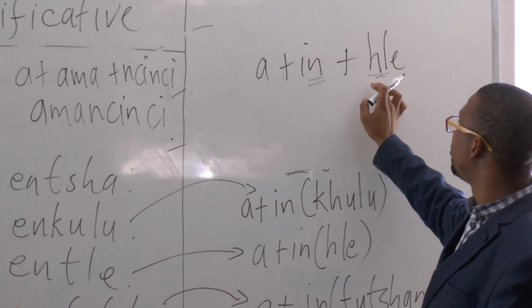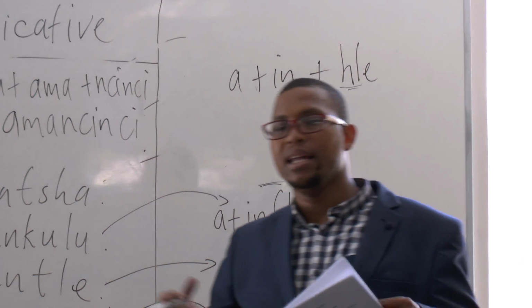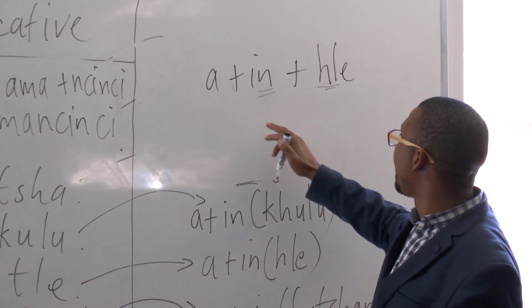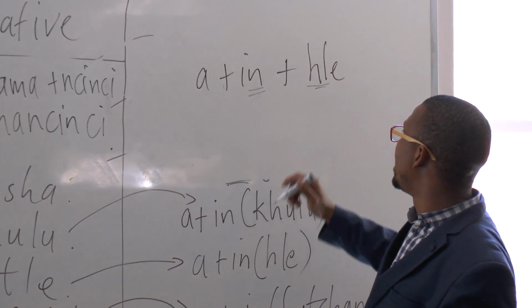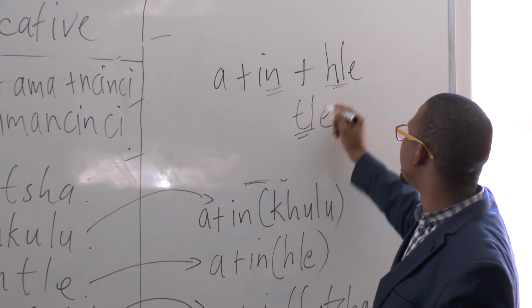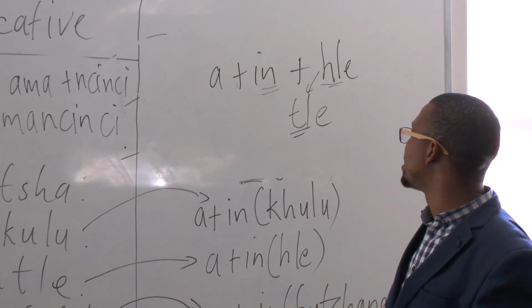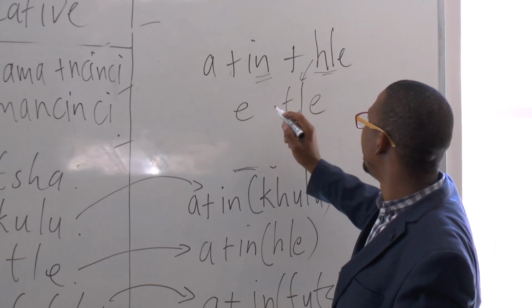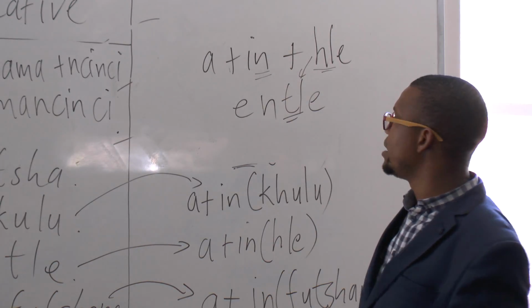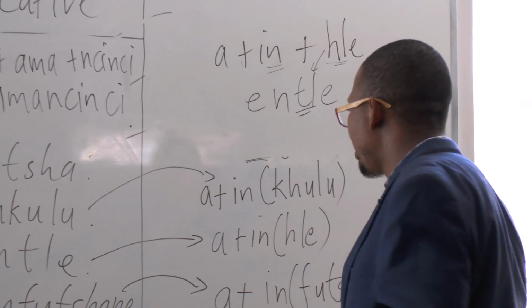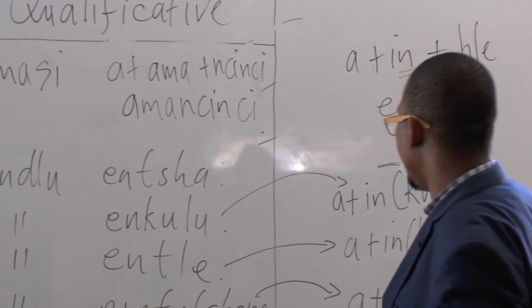You know that in isiZulu, there's nothing wrong with saying indlu enhle. But in Xhosa, there are sound changes that take place once there is N in front of HL. Then the HL becomes TL, always. When it's HL, it becomes TL. Then it's going to be A plus I is E, then followed by N, and then we get indlu entle. Okay, and the last example that we're going to give for now,